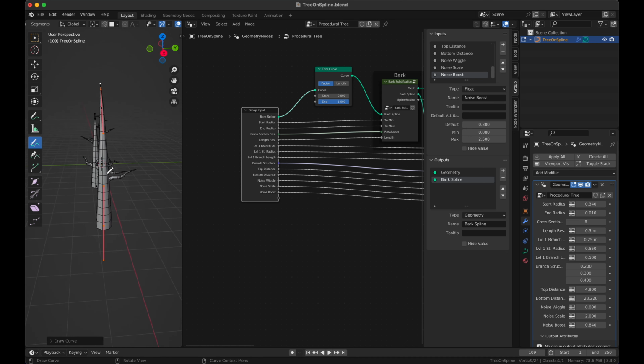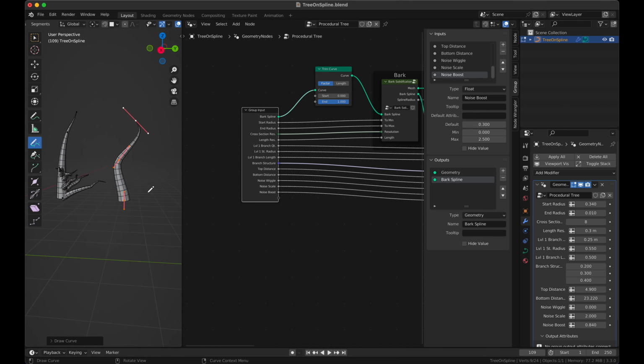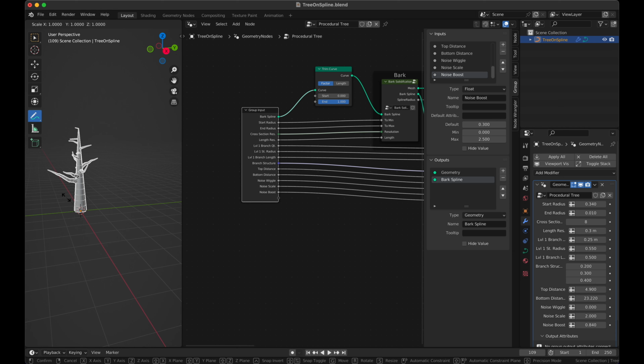And this one did not have any points for some reason. I'm not sure what happened. Like for example, if we build from here, we have the branches. If we again build from here, we don't have the branches right now, because for some reason we are above the threshold. But if we change the top distance, yeah, you see this. This is going to depend on how you do it. And what I suggest is that for every tree, you make a different spline, right? You just copy it, make one more, and set it up quickly, and you're good to go. Or you can, just